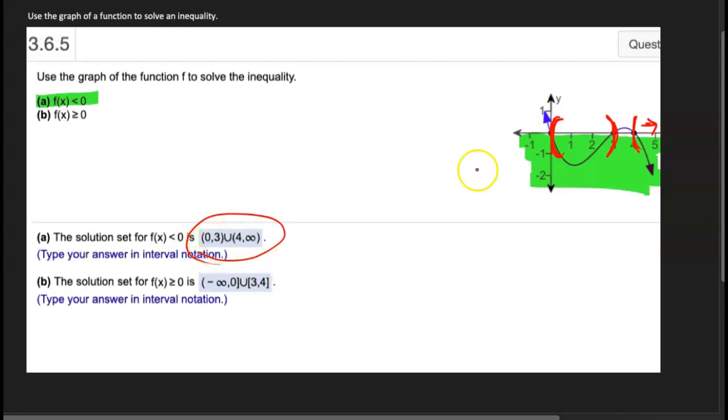From 0 to 3, the function is below the x-axis, and as well from 4 to infinity, the function is below the x-axis. And then for the next part, where we're asked to find f of x is greater than or equal to 0, again, that's saying where is y greater than or equal to 0, where is y positive and 0. So that would be these values here, where the function is above the x-axis. So I see that that happens